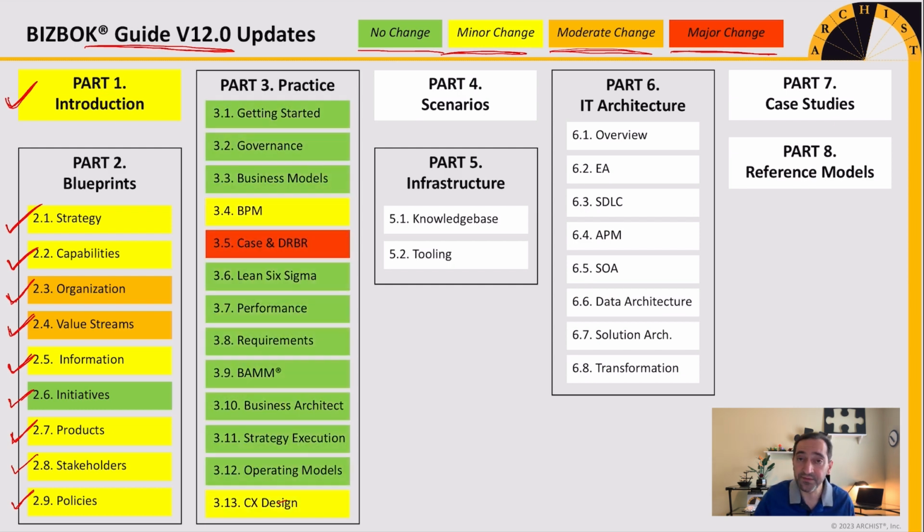Looking at part 3, that's where we have the practice conversation and also the alignment with other business related disciplines. There hasn't been any changes in sections 3.1, 3.2, and 3.3. In section 3.4, or business process management, the title of the section has been shortened to BPM, or